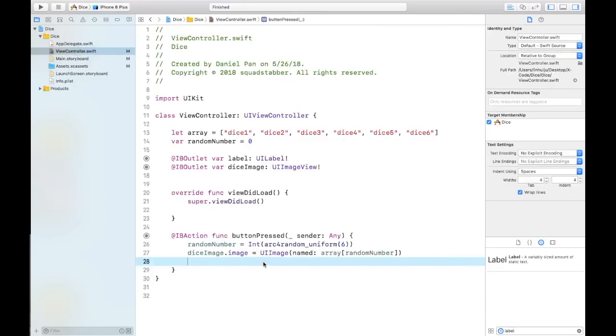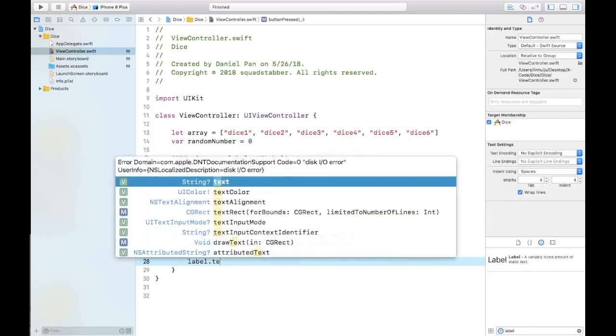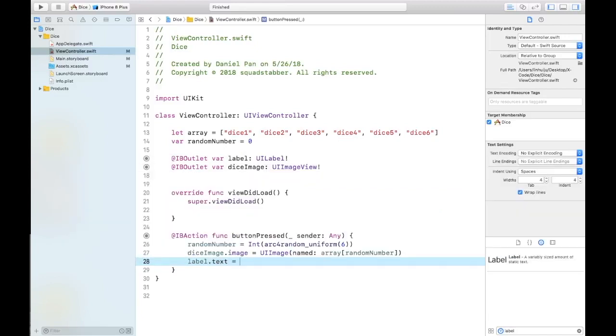So what do we want to do? Well, we want to set label dot text. We want to select the text property equals "your lucky number is" what? I'm just gonna say random